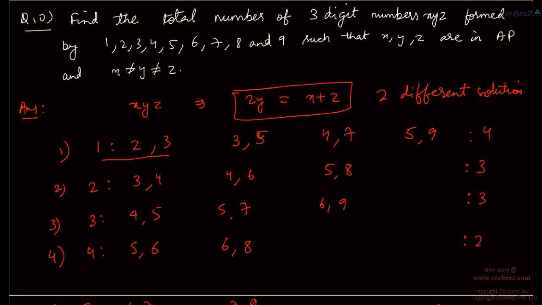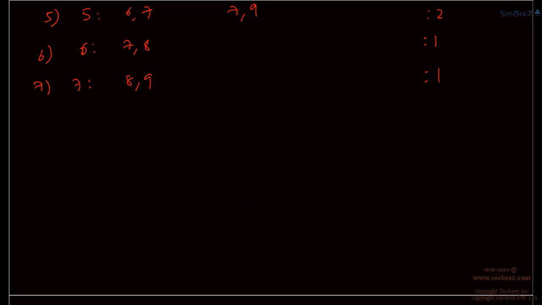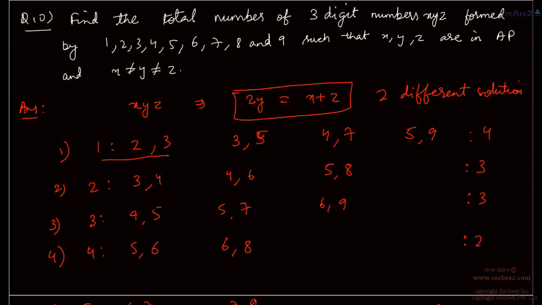For each case. So suppose I have taken something like 4, 6 and 8. Obviously 8, 6 and 4 also is a solution. So x and z can take those two different places, and hence what we get from these 7 different cases,